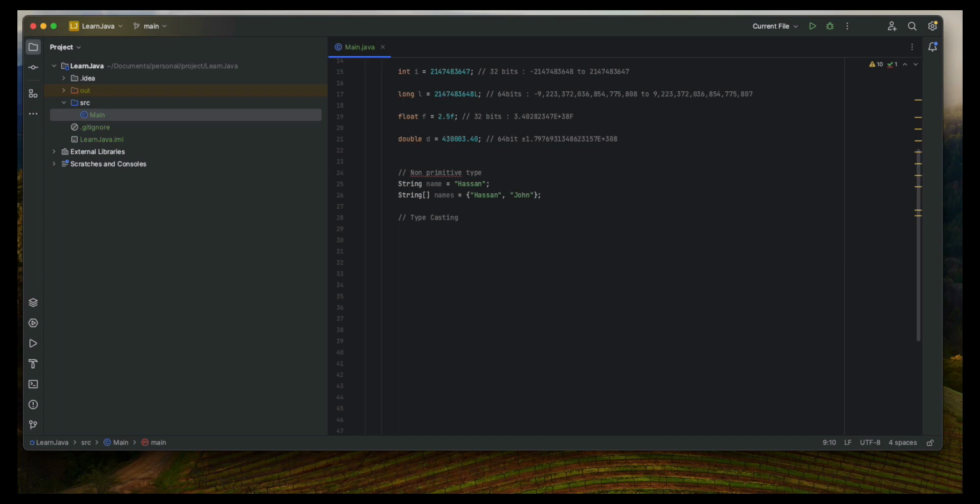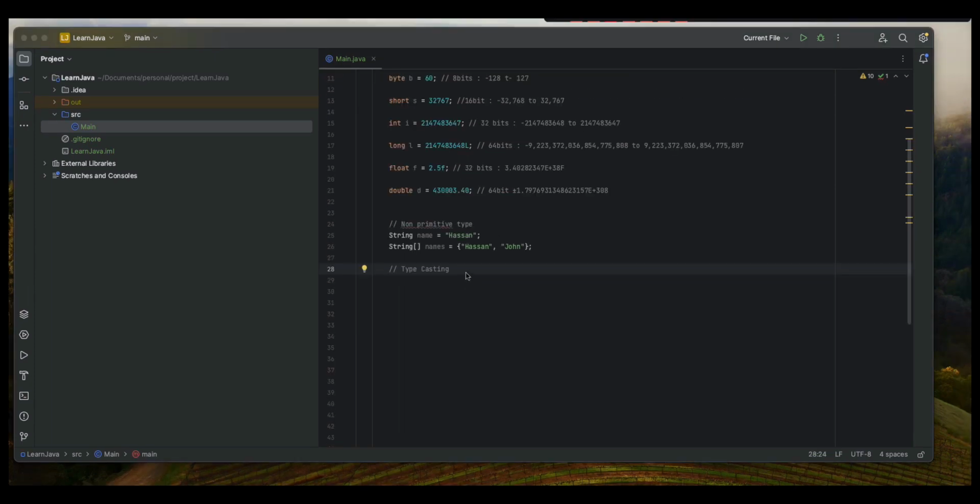Just imagine you have a large, empty container, and you have a small container which is filled up with a value or content. When you put the small container into the large container, it just fits in, and that seems to happen automatically. Okay, for example, just to illustrate what implicit typecasting is,